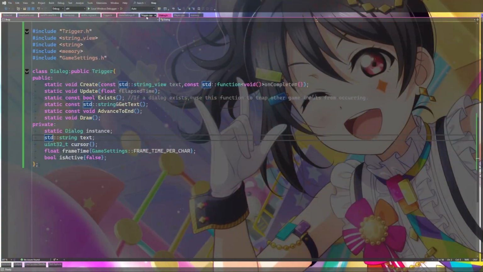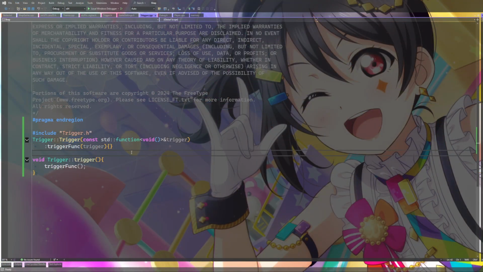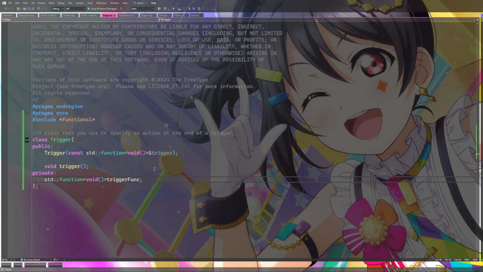I don't even know if I can at this point. We can trigger it ourselves, but we can't initialize the trigger again unless I give myself friend class access to do it myself. Or I just make a new function called change trigger.